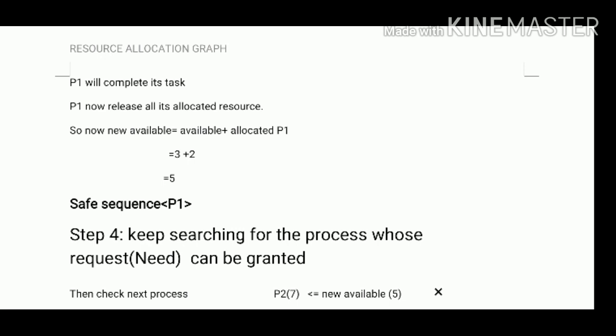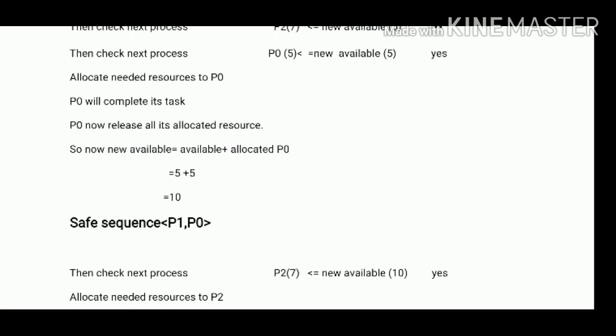In short, what we are going to do, directly we are going to release the resources from P1 and we are going to think that P1 has completed its execution and that allocated resources of P1 will be given back to the system. So actual available was 3 plus P1, whatever P1 has released is 2. So that is the shortcut. So the new available will be available plus P1 allocated resources, so that will be 5. So P1 has completed its execution, that we have to think, and will be added into the safe sequence.